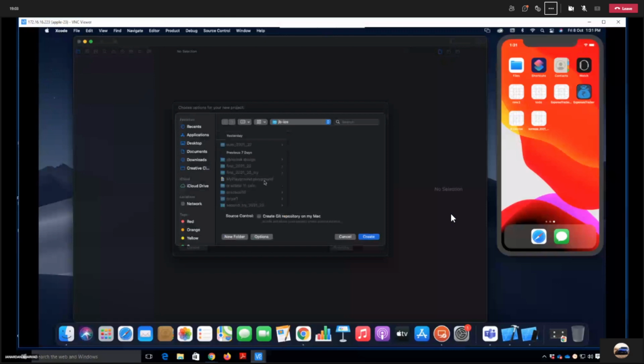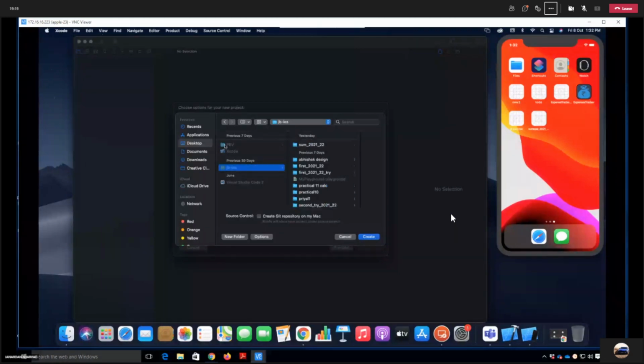And from the desktop, I have a folder in a desktop. So I'm going into desktop and the folder name, which is JBIOS. So I'm creating the folder inside that folder because I want to create this application inside that folder. So that's why I'm selecting this folder, that is JBIOS on a desktop. So wherever you want to create your application, you just need to select the location here.